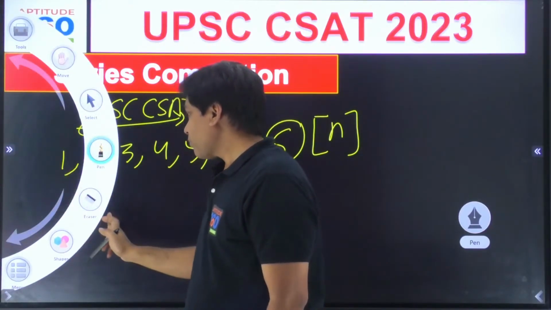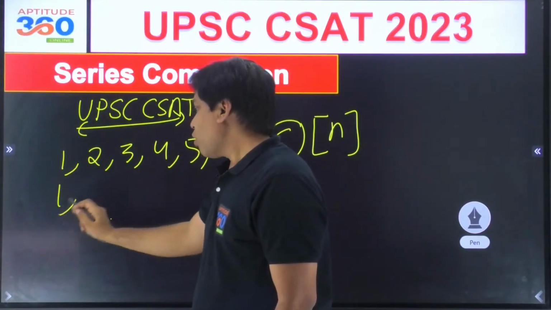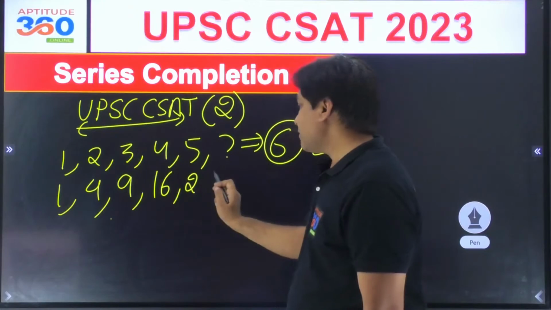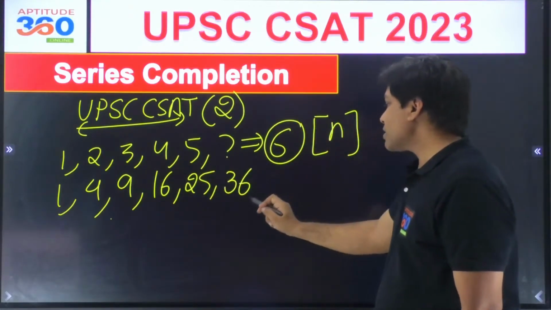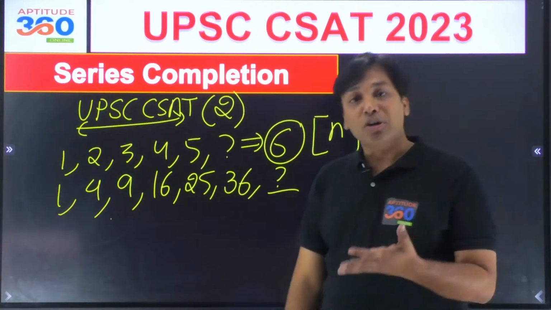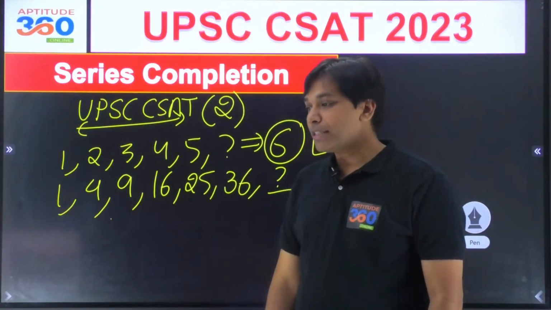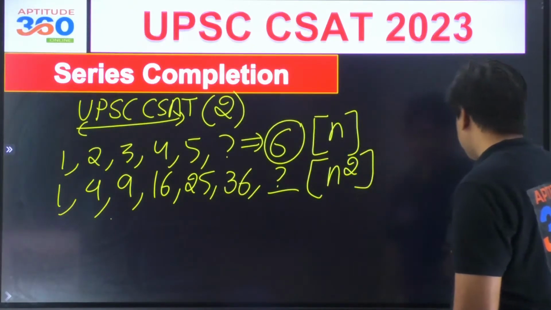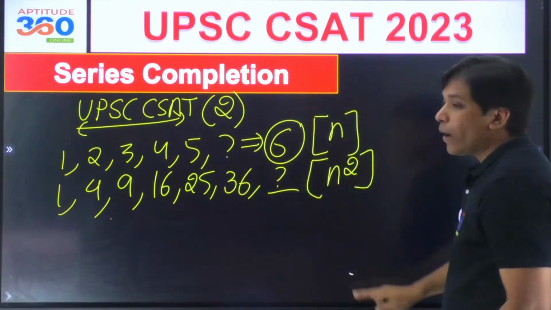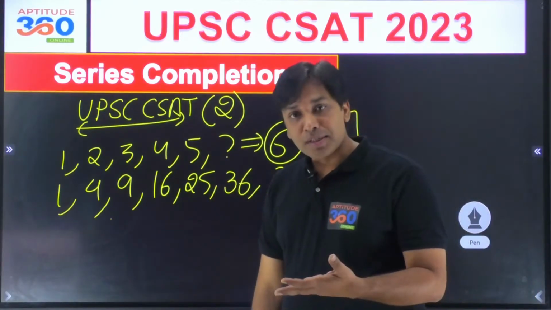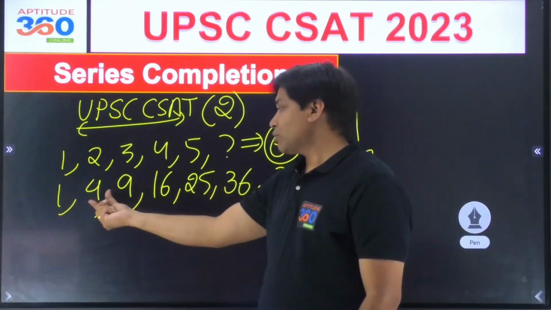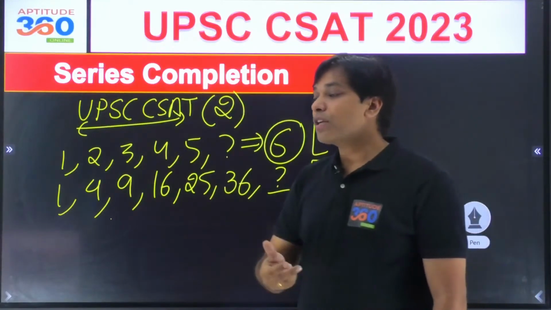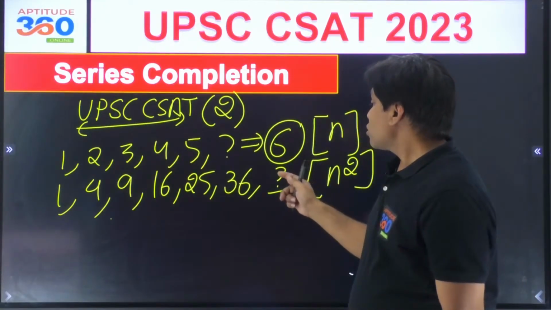You just go. The second, what if I say that I got 1 and then 4 and then 9 and then 16 and then 25 and then 36? If somebody is going to ask you what is the next term, it's pretty simple for you to find out, isn't it? What is the next term over here? Tell me. This is the square of the first n natural numbers, isn't it? So this is 1 square, 2 square, 3 square, 4 square, 5 square, 6 square. So this is going to be the square of 7, which is 49.